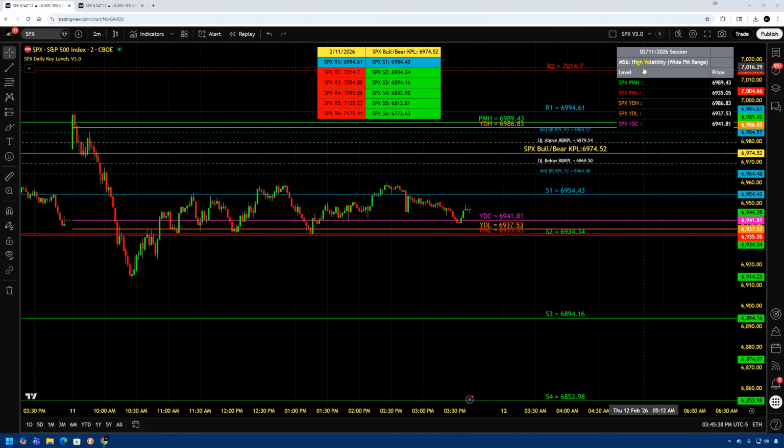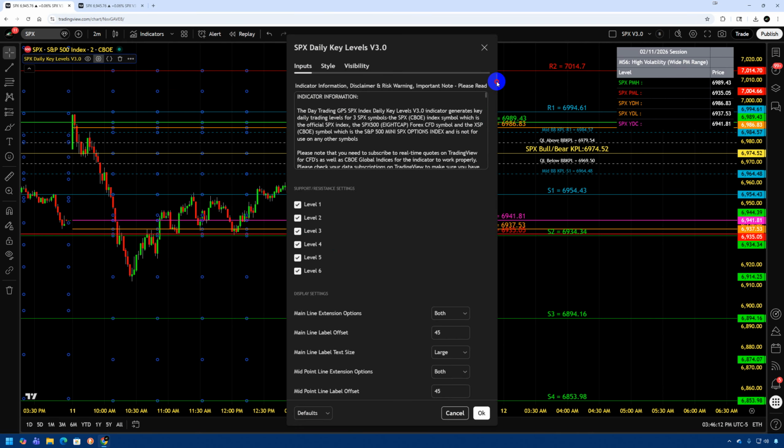As you can see here in the table for the PMH, PML, YDH, YDO, and YDC levels, we have the market scenario that we're in for today here in one of the top sections of this particular table. So that gives you an easy reference if all you're looking to see is what market scenario we're in for this session. However, if you'd like more detailed information regarding the particular market scenario, you can simply go into the user control panel, scroll down to the bottom,